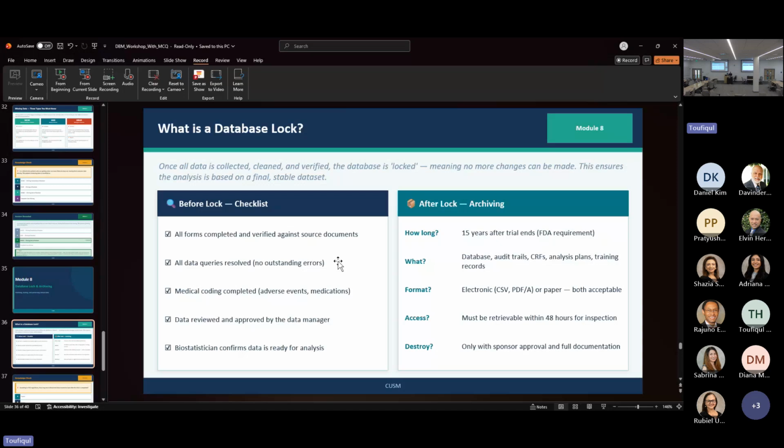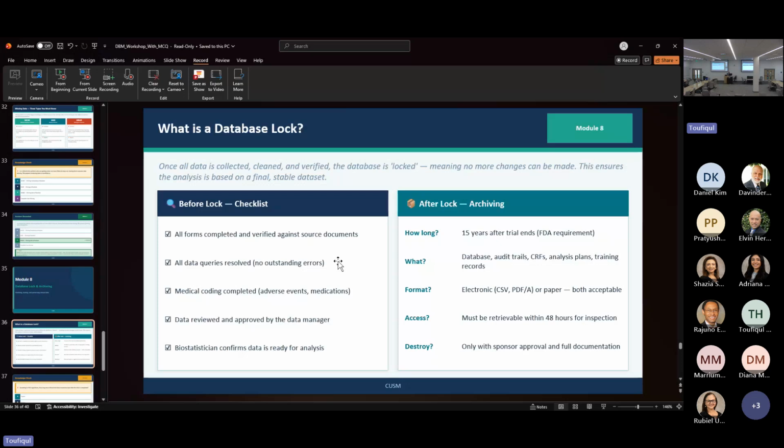Once locked, the data is frozen. No corrections, no additions, no changes of any kind without going through a formal unlock process, which itself requires full documentation. So here we have all forms completed and verified against source documents, all data queries resolved, no outstanding